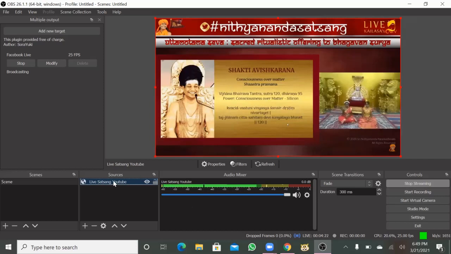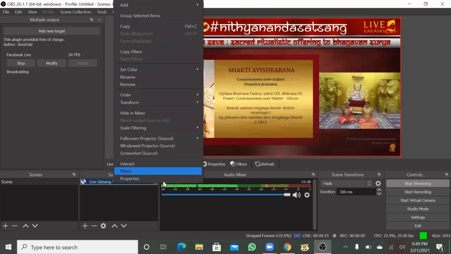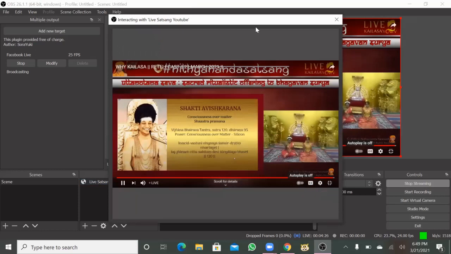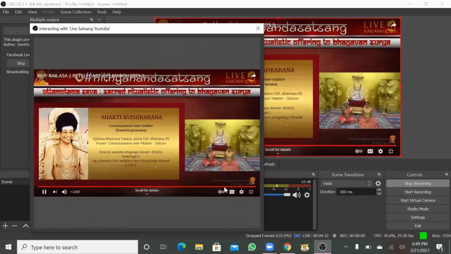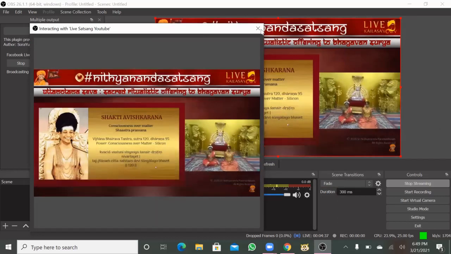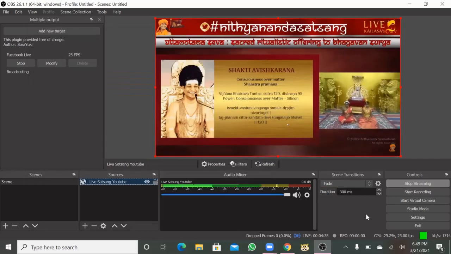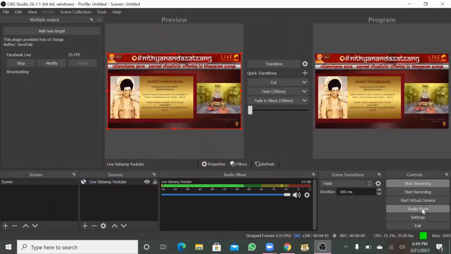So you can obviously click on interact and change the settings from here, but you'll see that all this movement is going on the output. So people on your YouTube and Facebook will see you moving your cursor and changing these settings, which we don't want to show. So what OBS gives us, it has this studio mode. If you just click on that, it'll toggle between studio and non-studio.